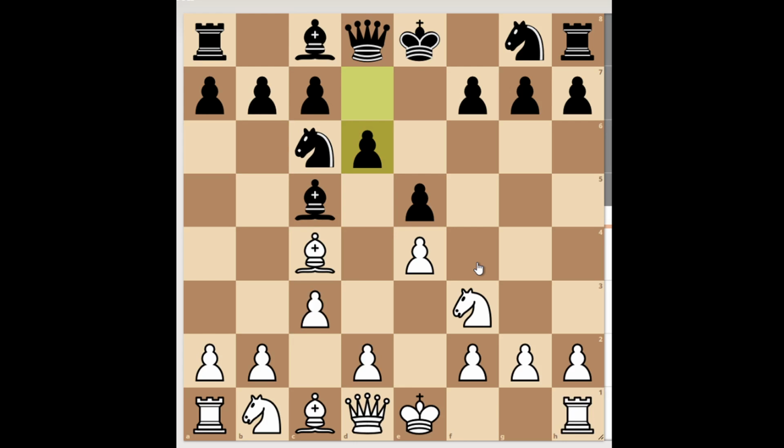So black has to play knight to f6. Knight to f6 is a developing move, it prepares castling for black's king and also attacks e4. This is the problem with c3, that this pawn on e4 remains vulnerable, and black immediately counterattacks. White plays d4. This is the logical continuation,